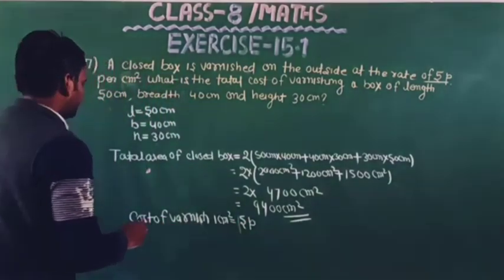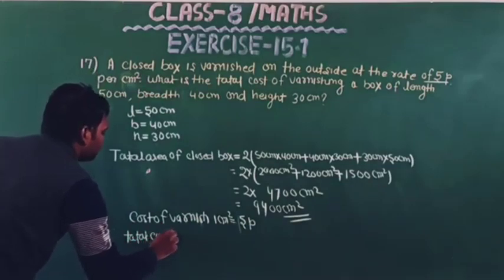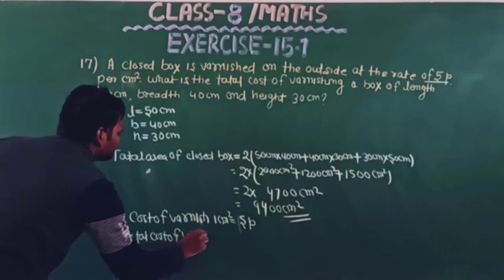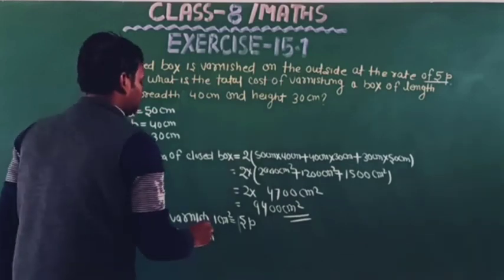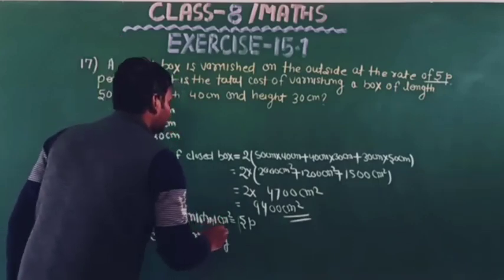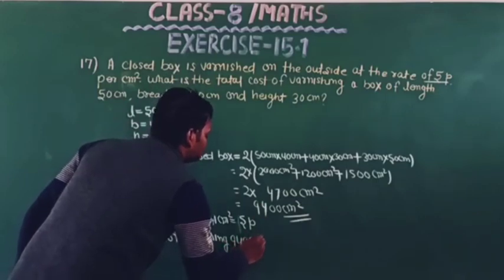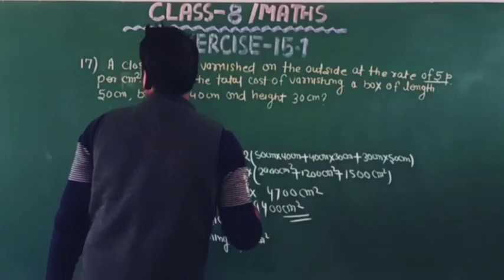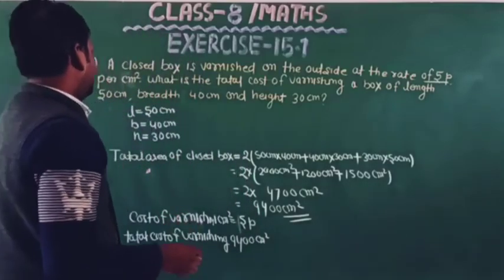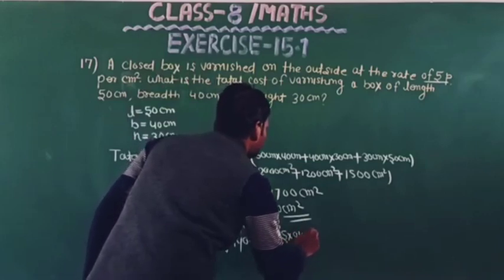So therefore the total cost of varnishing 9400 centimeter square equals 5 into 9400